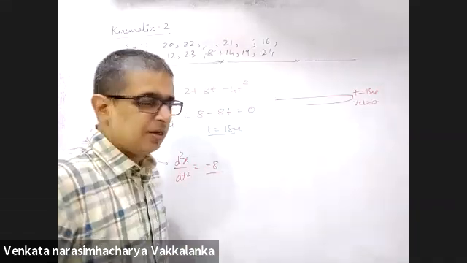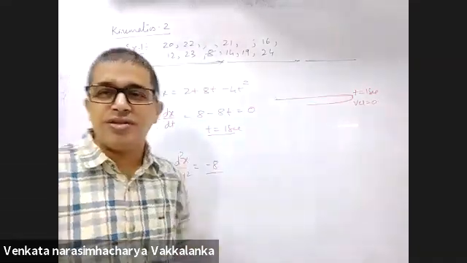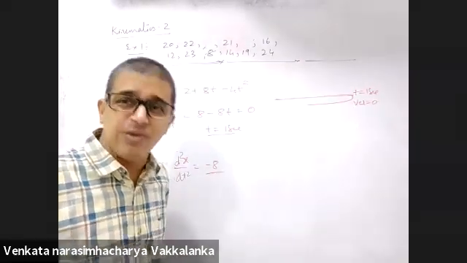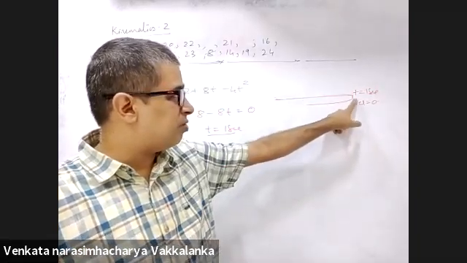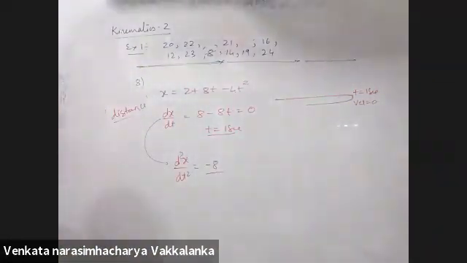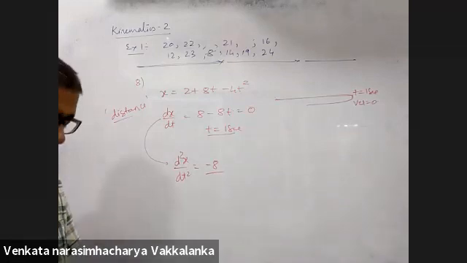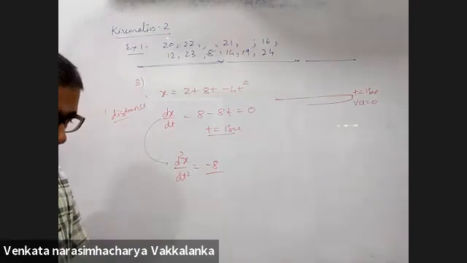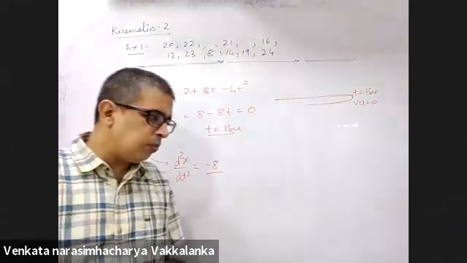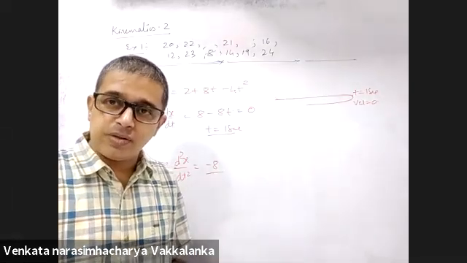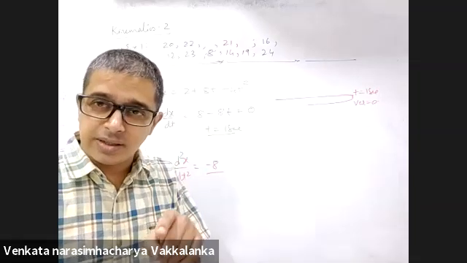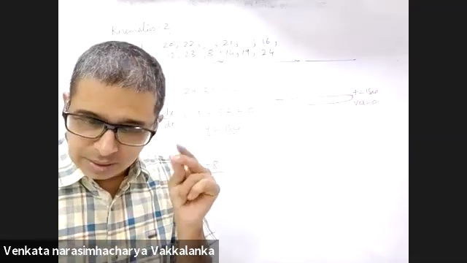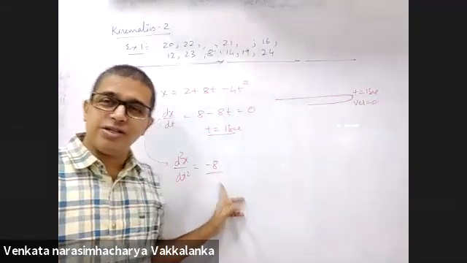Acceleration is constant. So can I calculate this distance, s equal to ut plus half at square? In 1 second, distance traveled. From here, velocity is 0. In 1 second, distance traveled. Should not be difficult. I can use v equal to u plus at, v square is equal to u square plus 2as, s equal to ut plus half at square when the body has constant acceleration. Acceleration is constant here.